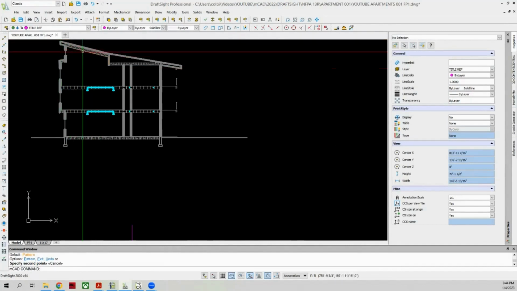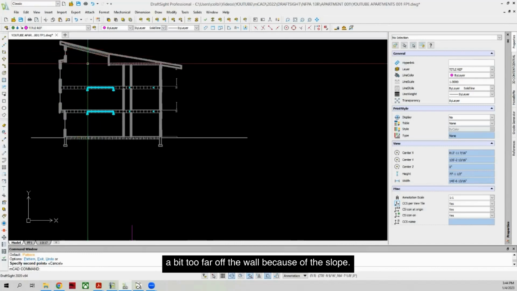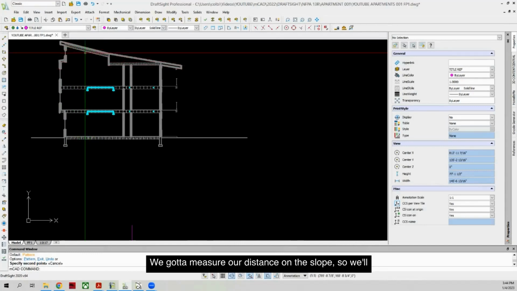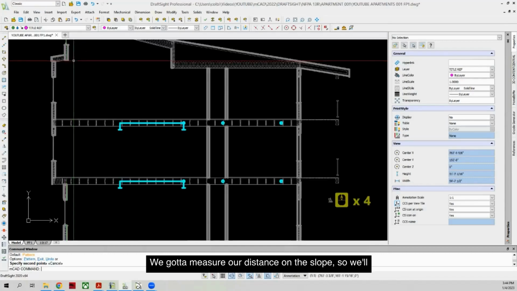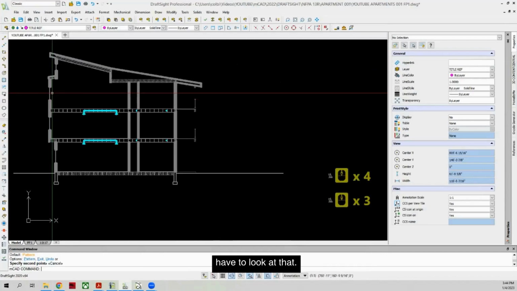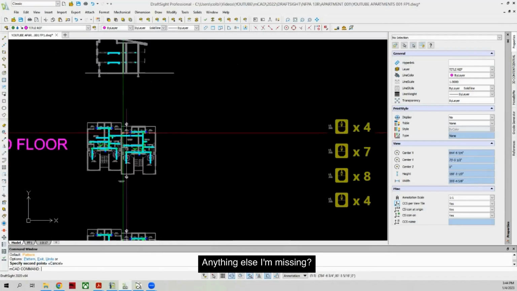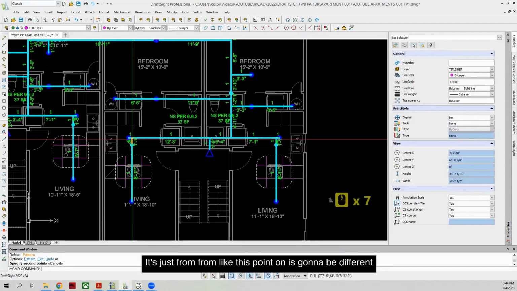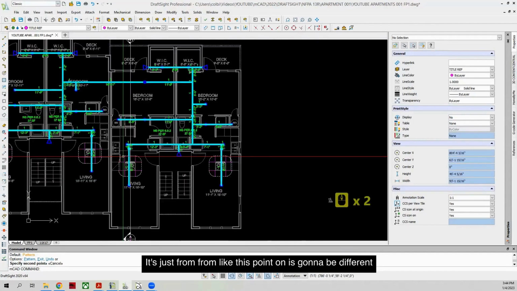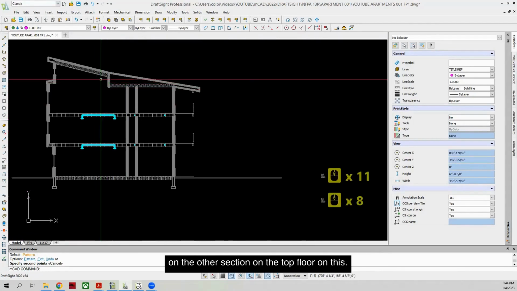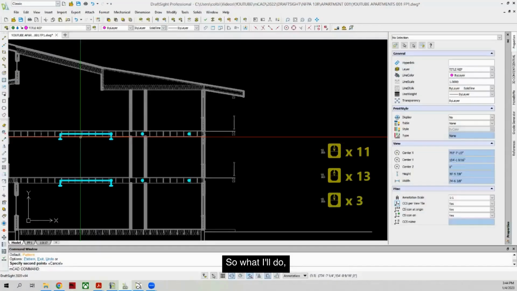I'm probably a bit too far off the wall because of the slope. We got to measure our distance on the slope, so we'll have to look at that. Anything else I'm missing? I think that's it. It's just from this point on is going to be different on the other section, on the top floor. So what I'll do,